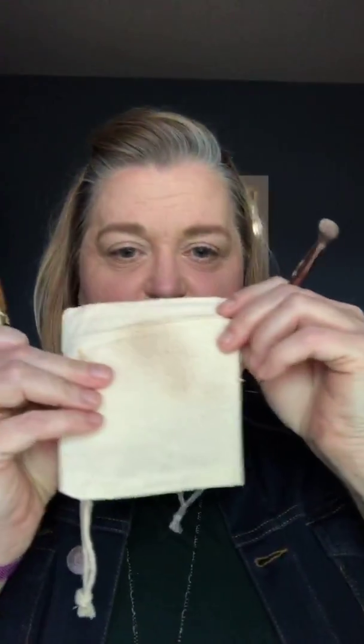I still got a little bit of denim on there, so I haven't washed my brushes yet for the week. So I have a little bag that I actually wipe my brushes on that gets the product off. You can see it's got a little texture, so it takes all the product off. All right, so I'm going to go ahead and